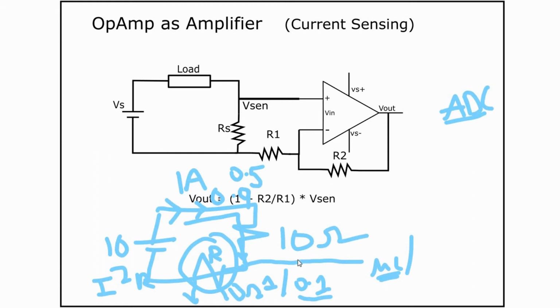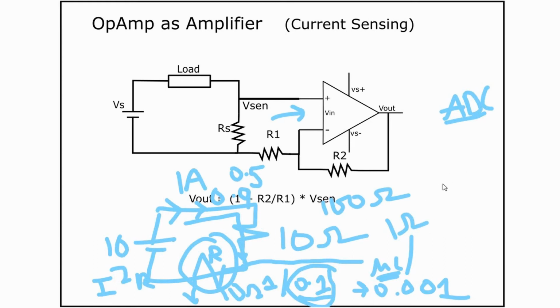So how low should you go? You should not go very low, because if you go very low, then you will have to amplify it a lot, and during amplification there will be a little bit of noise. That noise will affect your amplification. Second is the availability of this resistor. You will not be able to get a 0.001 ohm resistance. So it is better to go with 0.1 or 1 ohm. Let's assume if your load is 100 ohms, then you can go with a 1 ohm resistor. In our case the load is 10 ohm, so I will go with a 0.1 ohm resistance for sensing.